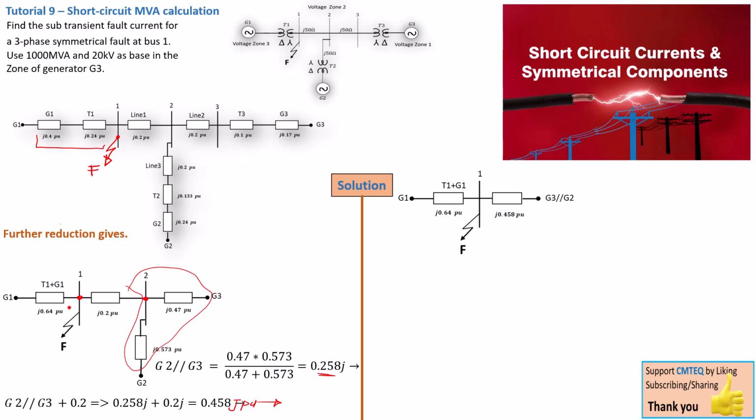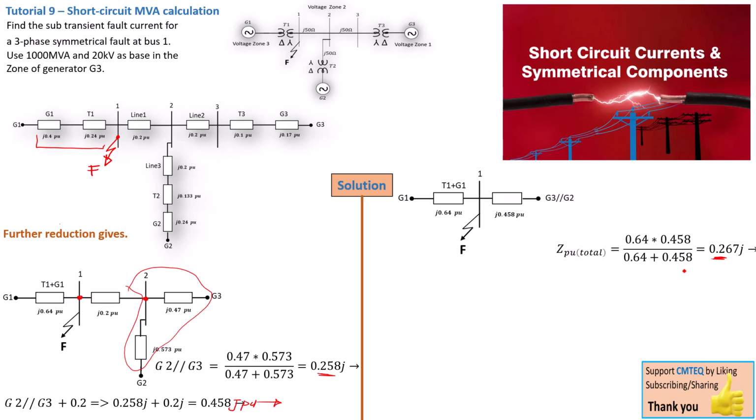The situation is now 0.64 J per unit is in parallel with 0.458 J per unit, and that gives us a parallel combination. So basically 0.64 times 0.458 over 0.64 plus 0.458, and that is indeed